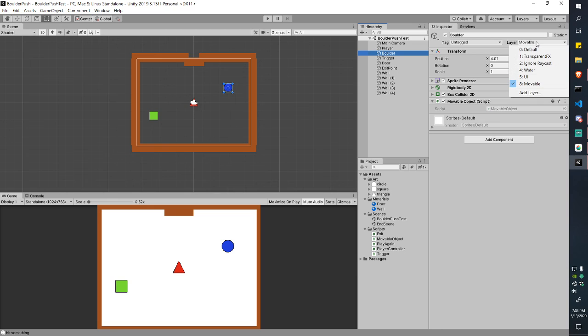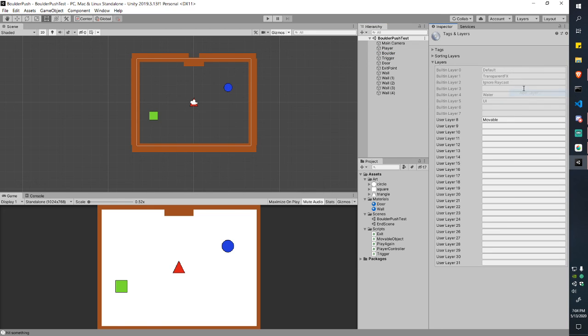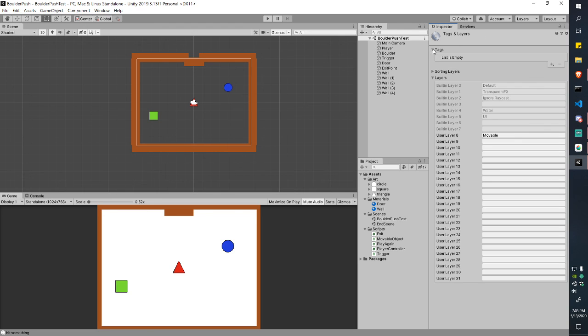It has a layer. It's called movable. These layers here, this is very important. When you have collisions and raycasts, you use one of two things. When you're having collisions, especially triggers, and you want to make sure that only one thing activates the trigger, you